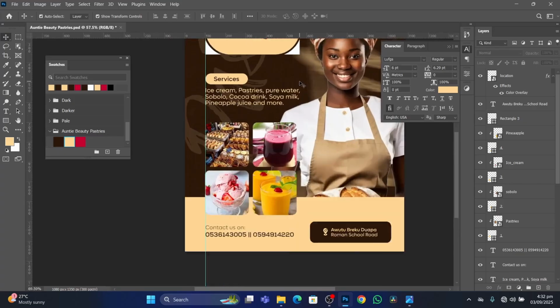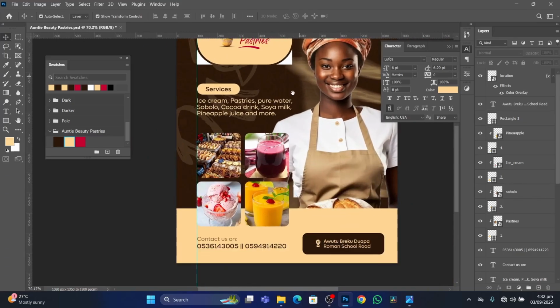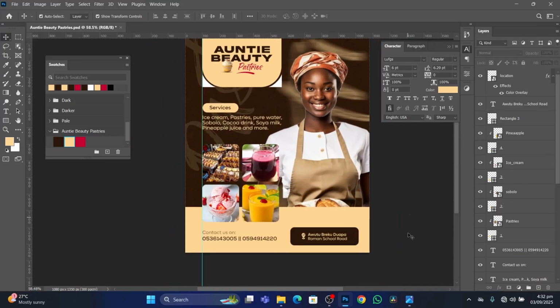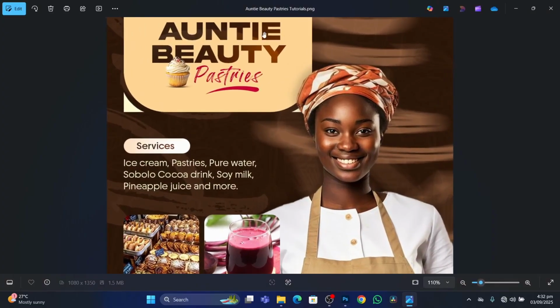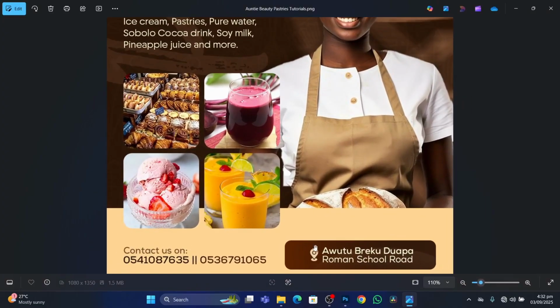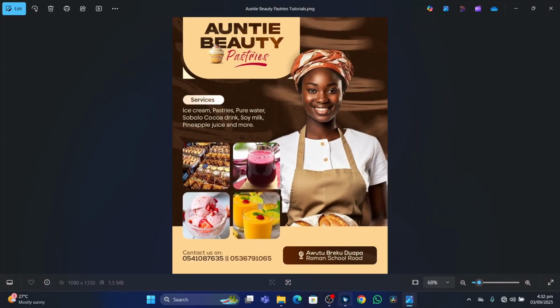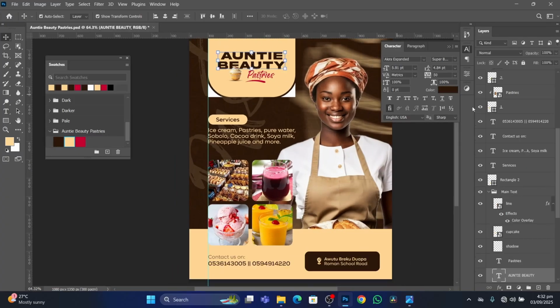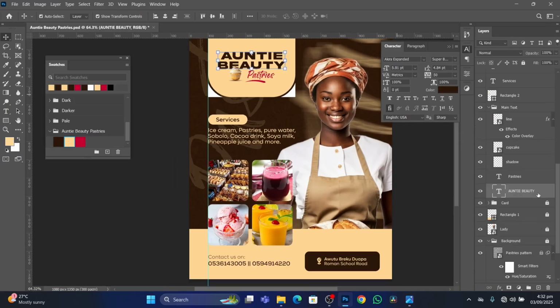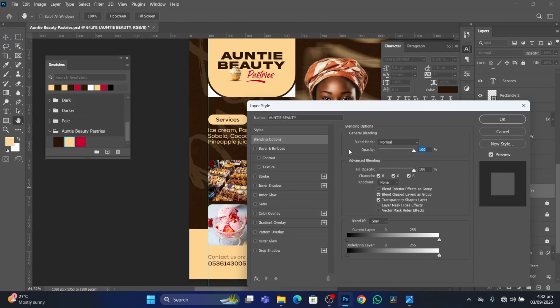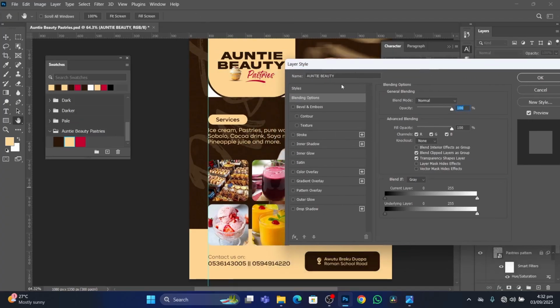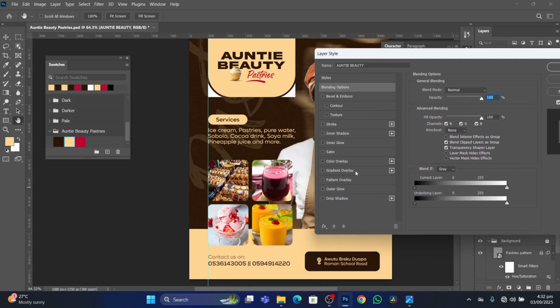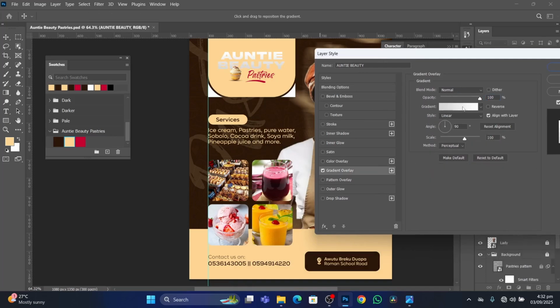Now we are done with the flyer, but we have some blending modes in here that we want to add. Let me show you real quick. So you select the anti-beauty, then beside anti-beauty you double click to open the layer style. Then you come to the gradient overlay. The gradient overlay is to mix two colors at the same time, but let's increase the scale to somewhere